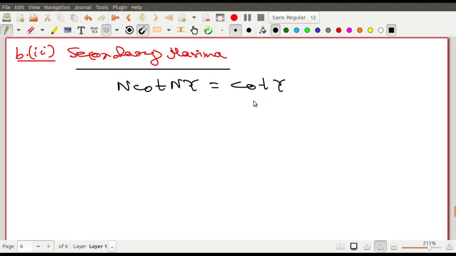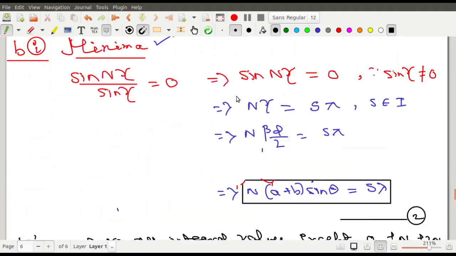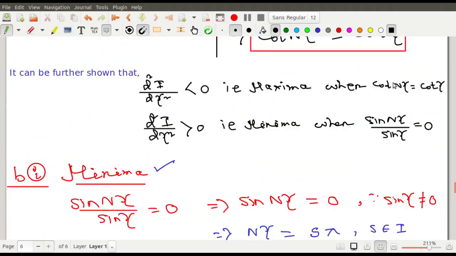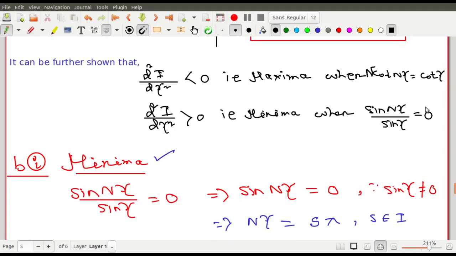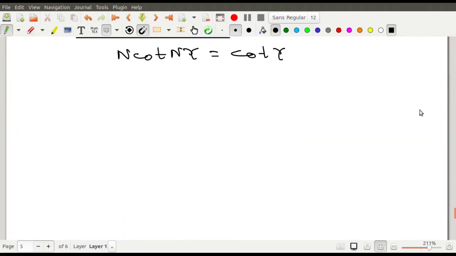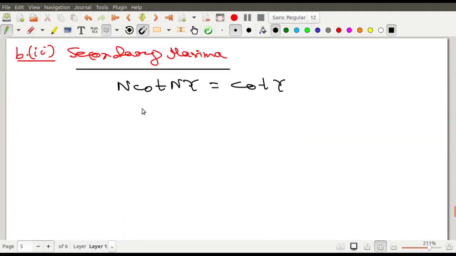Because this is the maxima condition, you cannot deny it, we have already written n cot n gamma equals to cot gamma. Where did the n go here? The n is missing, there was an n here. n cot n gamma is equals to cot gamma, that is the maxima condition, and this is secondary maxima, and I will show you that the secondary maxima